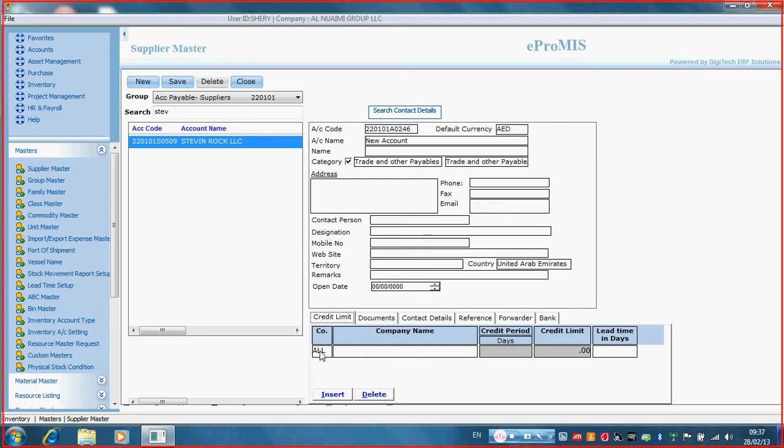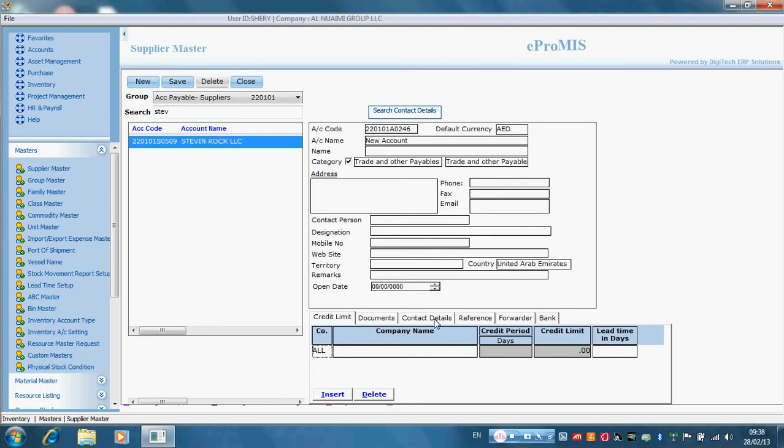Select the option for which companies are getting this credit from the supplier. Normally all companies have the same credit. Sometimes the account will be opened for some companies only, like Ready Mix, Road Division, and machinery, etc. In that case, we can select the company and give the credit period as 60 days or 30 days, whatever the supplier has granted to us. It can be added in the credit limit.